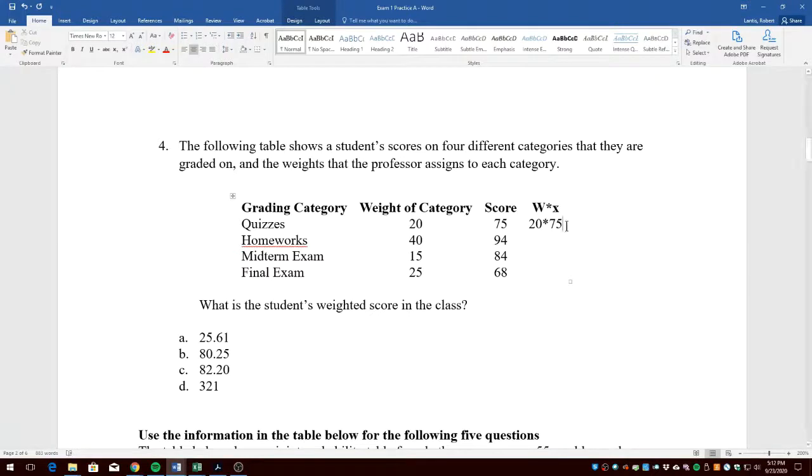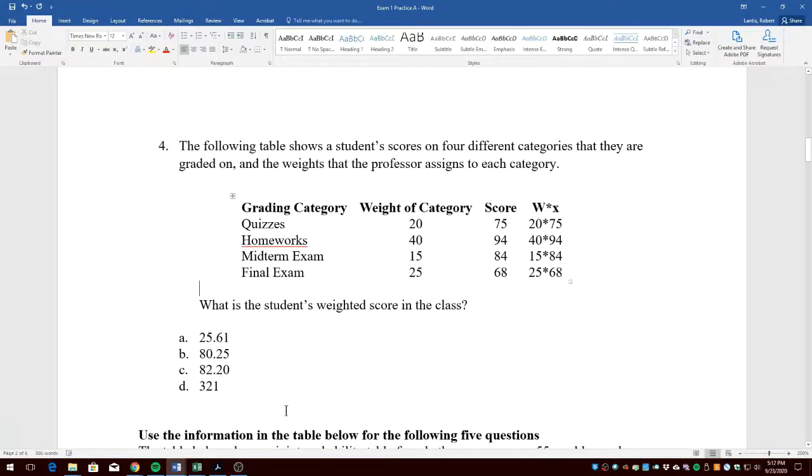Whatever that value is, we'll write that number down. 40 times 94. 15 times 84. 25 times 68. We're then going to add all these values up, right, and then divide by the sum of